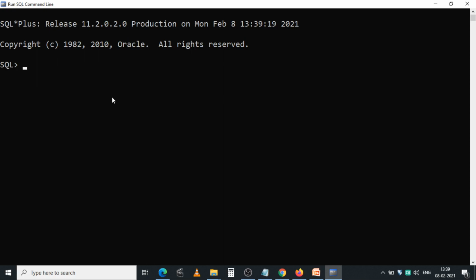First of all, we have to connect to the Oracle database by using an authorized username and password.